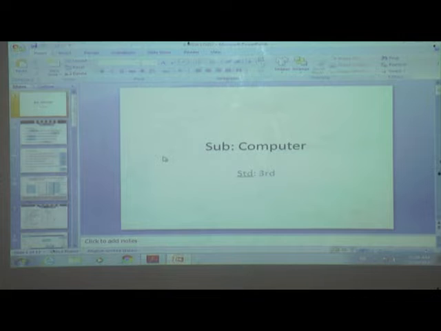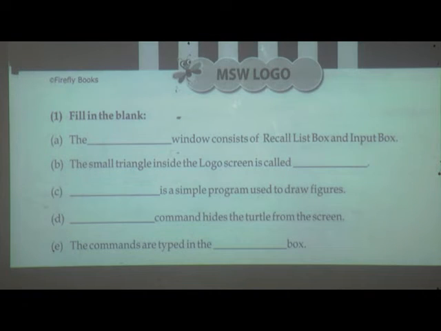Open your skill sheet, page number 26. What is the first one? Fill in the blanks. The dash window consists of recall list box and input box.